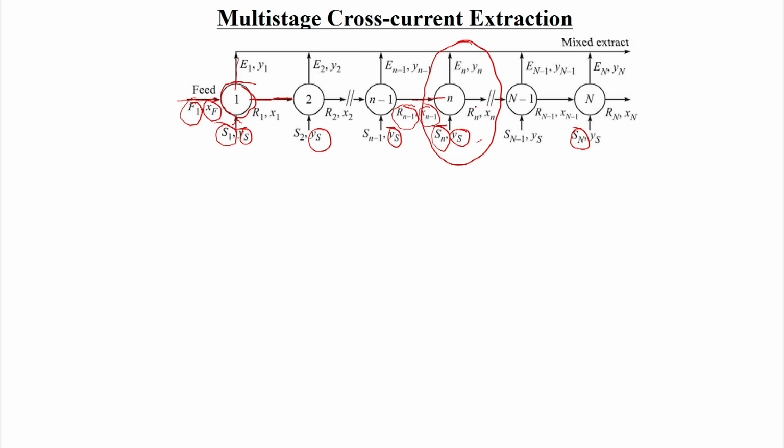And whenever it exits from this nth stage, the raffinate flow rate will be Rn and the solute concentration will be Xn, and the extract amount will be En and the solute concentration will be Yn. So, now we will do the mass balance and component balance for stage n. Say, for stage n, the total mass balance